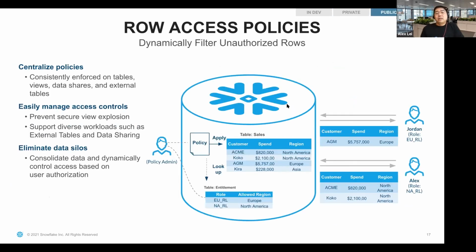And the next part is to do with the row access policy. This is quite similar to virtual private databases in different database technologies. But essentially what you have is a role-based method of filtering the row records that you've got inside of different tables. So rather than building out different tables, you now have the ability to have one centralized table, but with the right access control so that you can only see certain information within those tables.